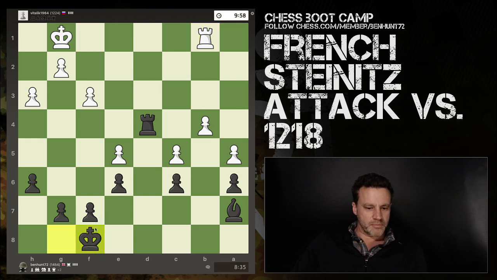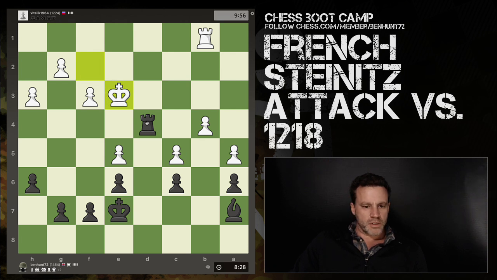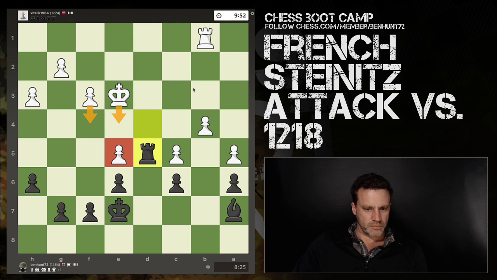Right, now the king activate. King activate. Okay, in comes the king. You attack my rook, huh? Let's drop back, attack this. He's going to have to push either king or pawn to defend. I have bishop here, adding a second attacker. If he defends with the king...